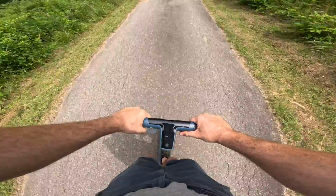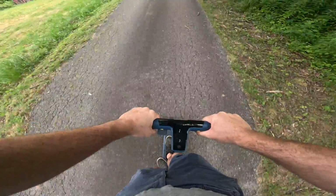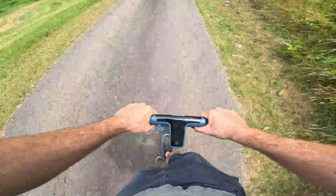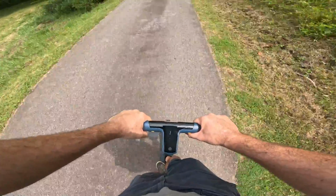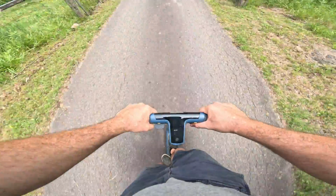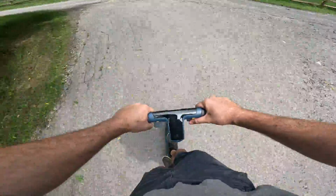10 miles an hour. 12. A little bit of a hill right here. 15. And we're going uphill with 130 pounds, no problem. 14. It flattens out a little bit. And now we're going 14 again. I'll slow down a little bit. And we're going 15 up a little hill, a little bit dented over here,